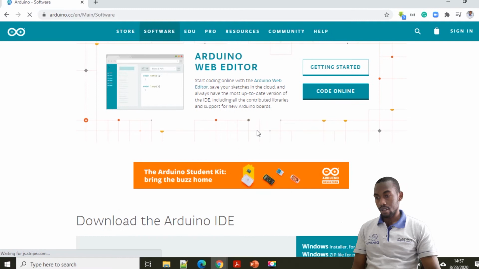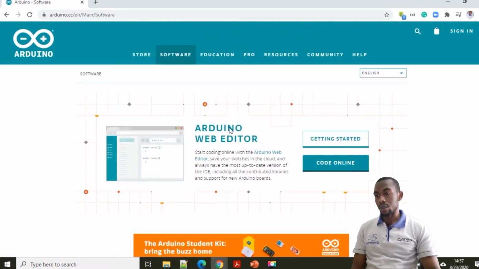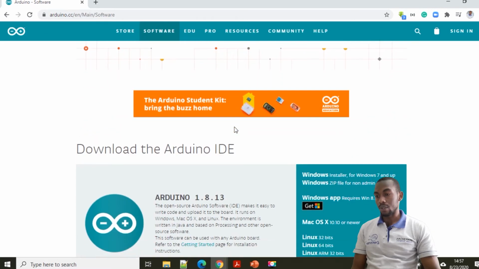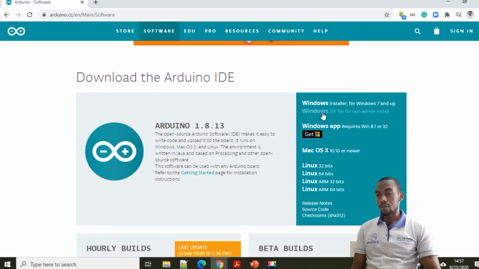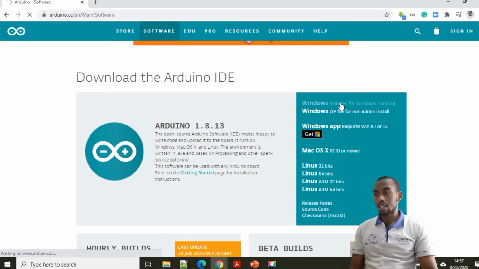And then of course there's the Arduino web editor. You can use that, but we want to have it on our PC. So if you're using Windows, you come to the Windows installer. That is if you're using Windows 7 and up. And also if you're using Linux, but for this case we shall use Windows, and the latest Arduino version is Arduino 1.8.13. So that is the latest, so it's good to have the latest installed so that you have all the updates. So we click on this link,